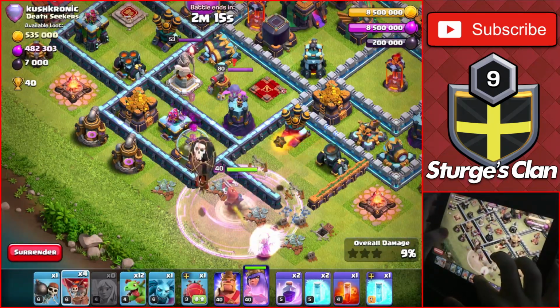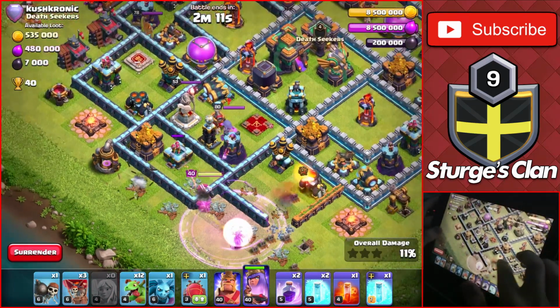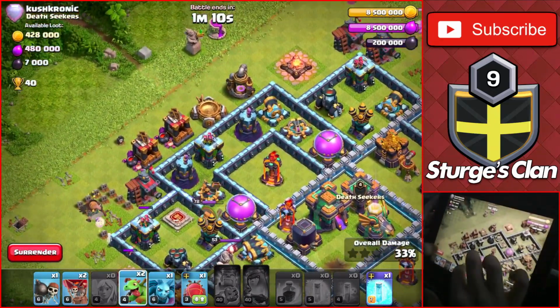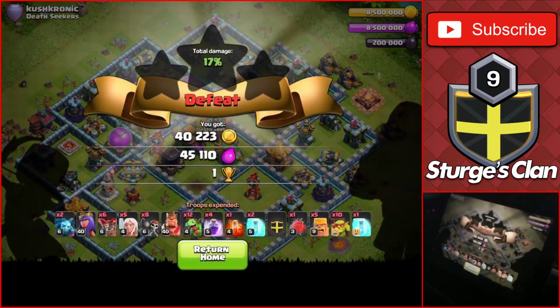Heading on to the next example, we have the Queen charge at the very bottom of the base, taking down the bottom compartments. And once the Queen dies, I for some reason decided to drop the Battle Blimp at the top left to head towards the Town Hall, which the Blimp never makes it, ending the attack off for a